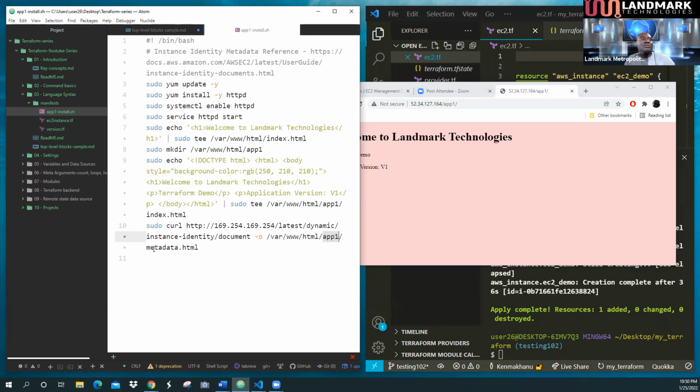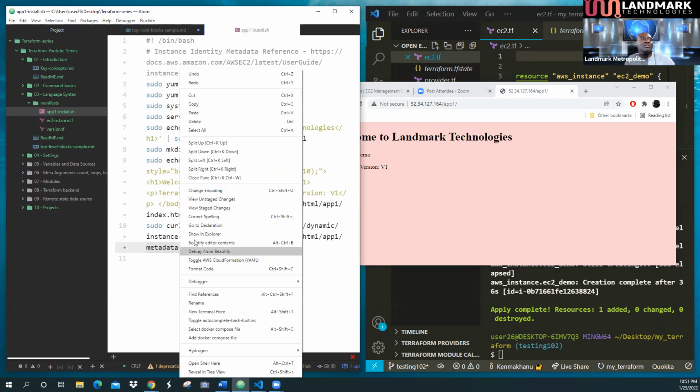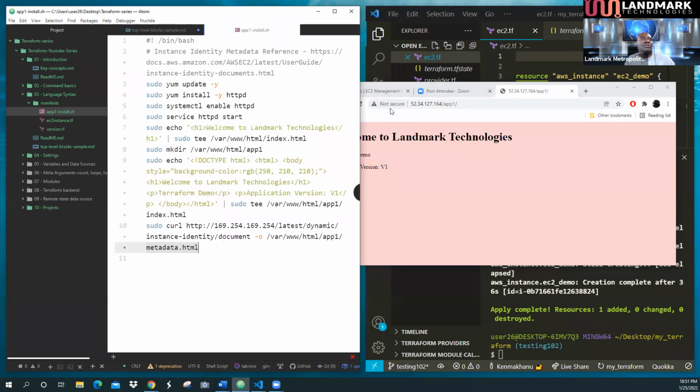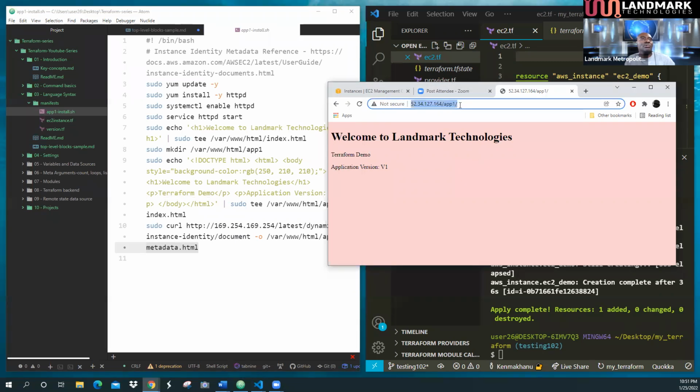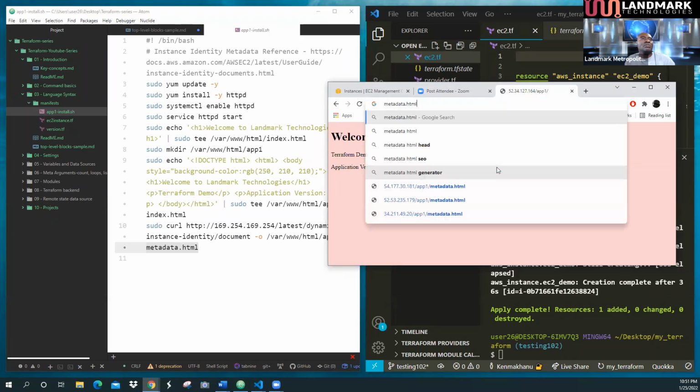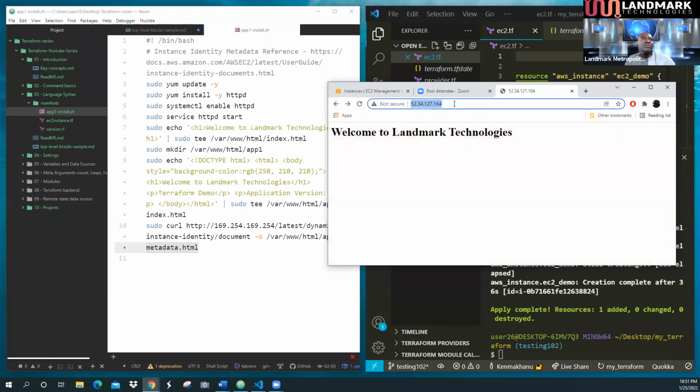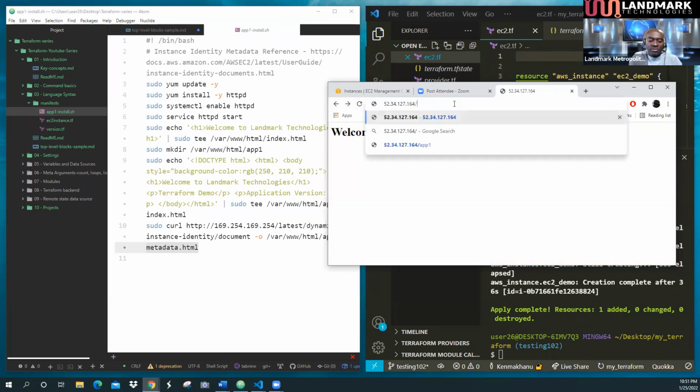So if we go into app one slash metadata.html,